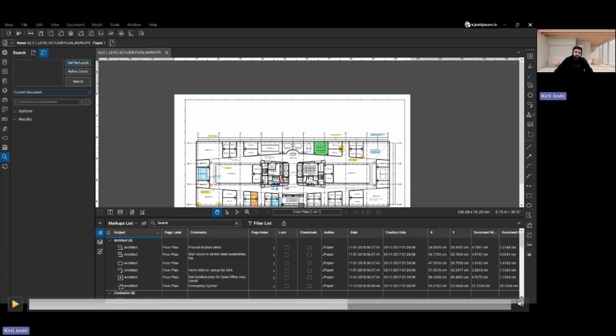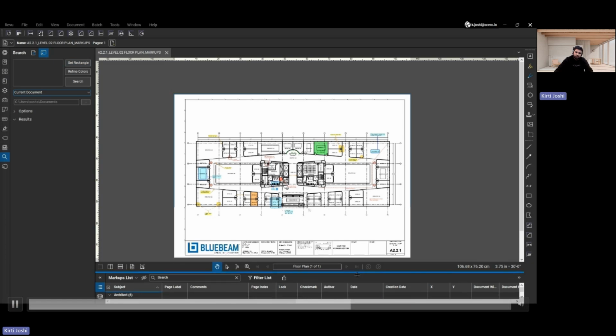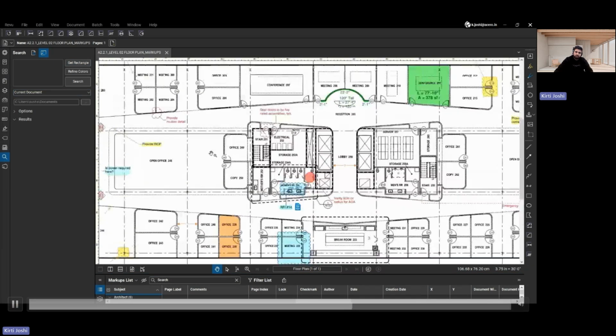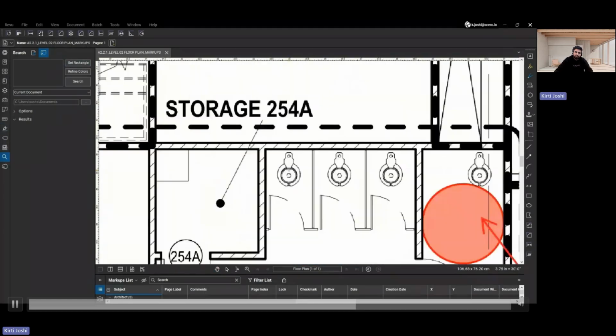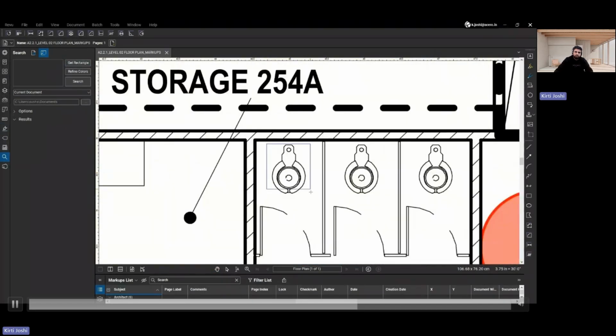So there is the search icon, that is the visual search icon, and there is the option of getting a rectangle, for example. By clicking on that option, we are allowed to select any part from the PDF diagram. For example, I will just use that feature, and there is some water closet. So I will just search how many water closets there are in my drawing. So I will just search it,